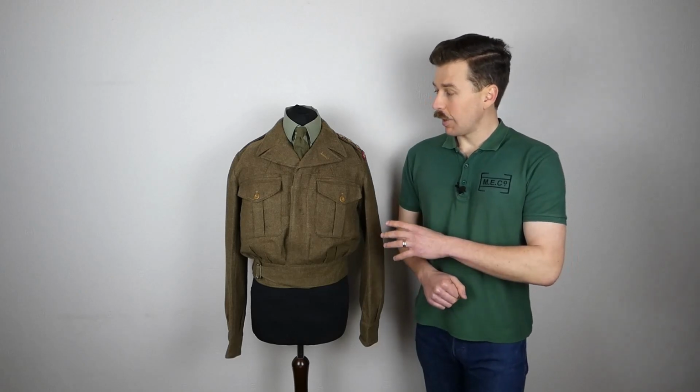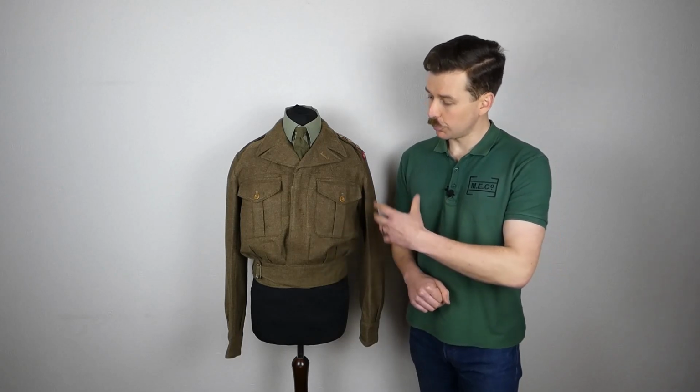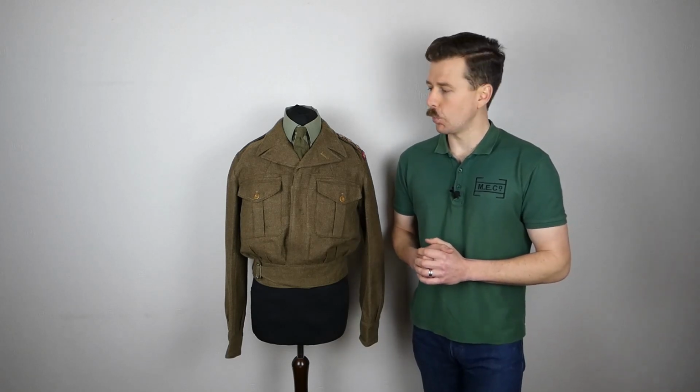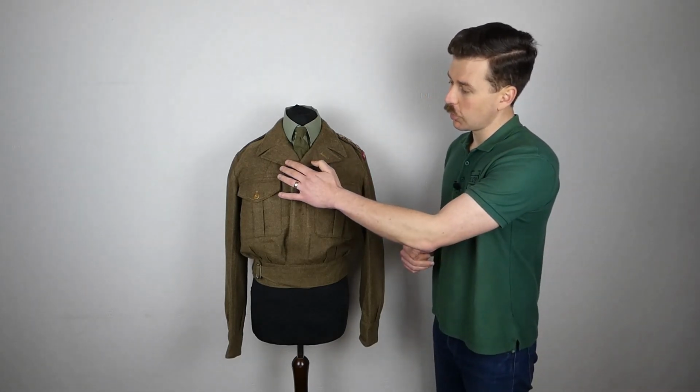The blouse itself, as I say, is badged to a captain in the Royal Army Medical Corps. Nevertheless, we'll look at this in general, some of the features and so forth, not just the insignia. I will turn it inside out so we can see the internal lining and the labels and so forth as well. Talking about this in more detail, you can see here the design of the collar is really what marks